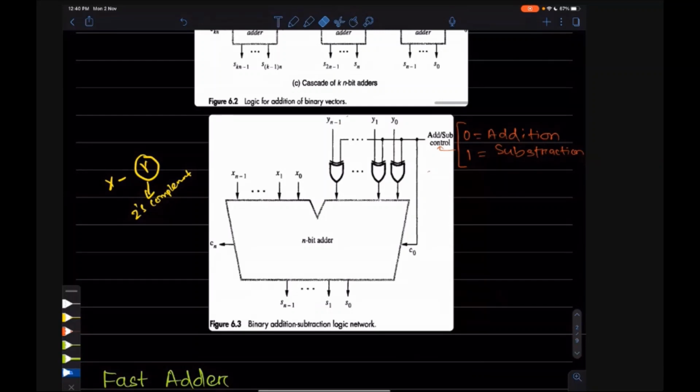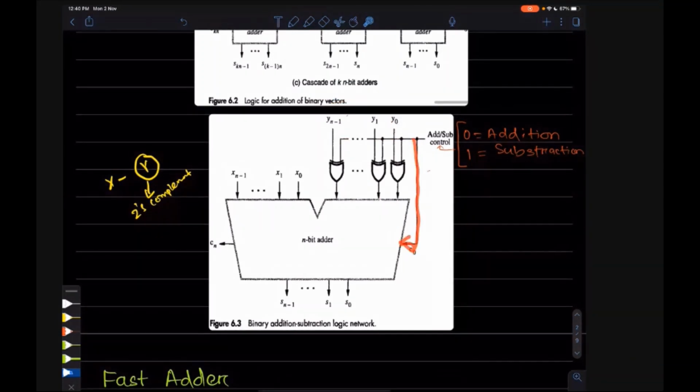Okay, simple. So by giving a simple single bit here, this can control whether it is an addition operation or a subtraction operation. If you are giving 1, all these bits are converted to the opposite bit. That means if you are giving 0 here, you will get 1 here. If you are giving 1 here, you are getting a 0 here. And at the same time, you are giving a 1 here for addition. Okay, C0 is carry in. So it will add a 1 to the whole result. So by that time y is now 2's complement, and you are adding it to x.